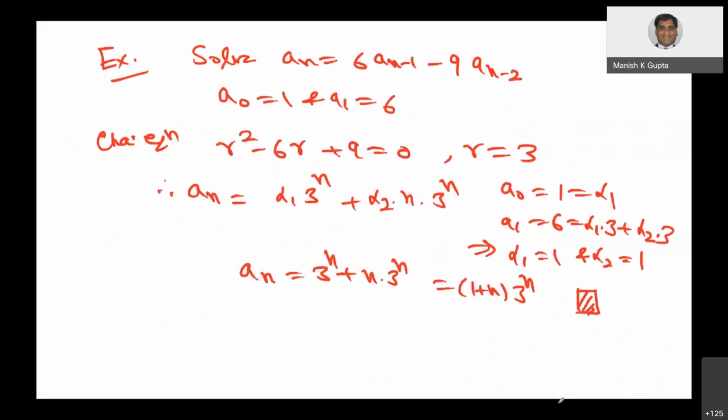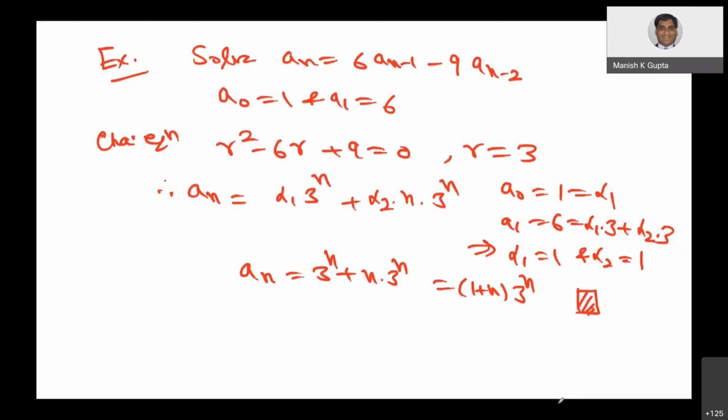One more result is left. I will show you probably in the next class that when we are computing the number of steps to solve a problem, in fact the complexity of certain computational problems, we will see that complexity can be expressed in terms of certain recurrence relations. So it is very important for us to know these results, whatever I have covered till now.